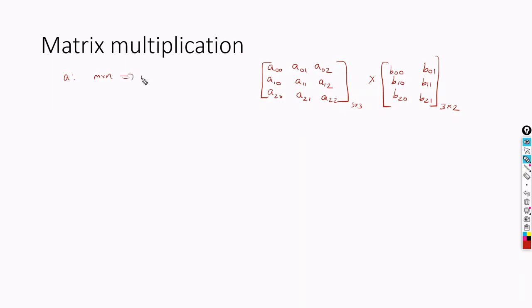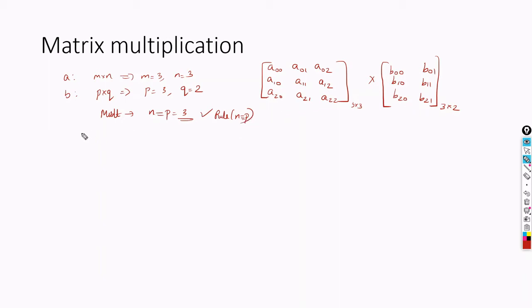And when we proceed to multiplication, here m and n are the order of the first matrix. So here m is equal to 3, n is equal to 3. Similarly, for the second matrix B, the order is p by q. So here p is equal to 3 and q is equal to 2. And here multiplication is possible. Why? Because n equals p is equal to 3. So as n and p are equal, this is the rule for multiplication. n should be equal to p. That is, the column number of the first matrix and the row number of the second matrix should be the same.